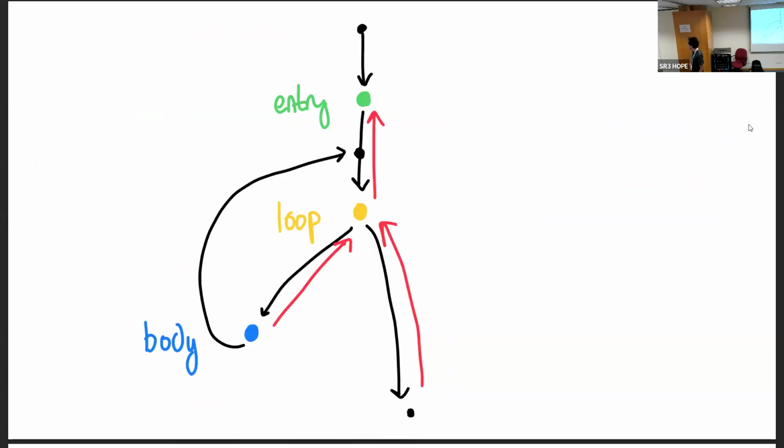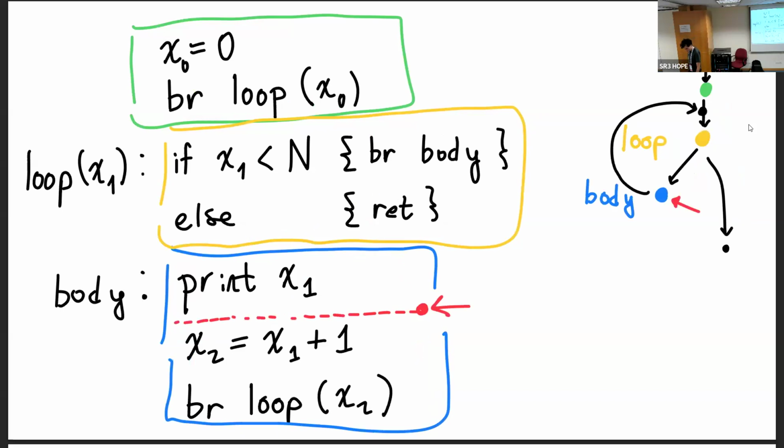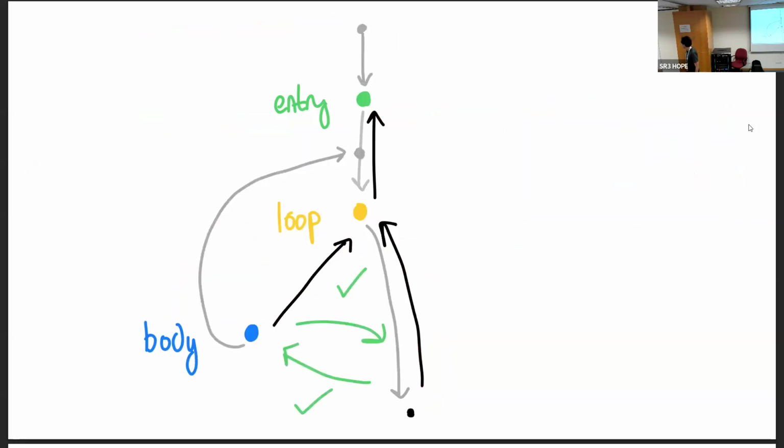So in particular, if we look at our dominator tree here, I'm now going to swap the contrast here. So the CFG goes gray, and there's our dominator tree, right? If we look at that, we see that if I added some extra edges from, say, the body to the rest of the function, or the rest of the function to the body, that would not change the dominator tree. Similarly, if I added a thing that jumps from the rest of the function back to the loop, that wouldn't change the dominator tree either, right?